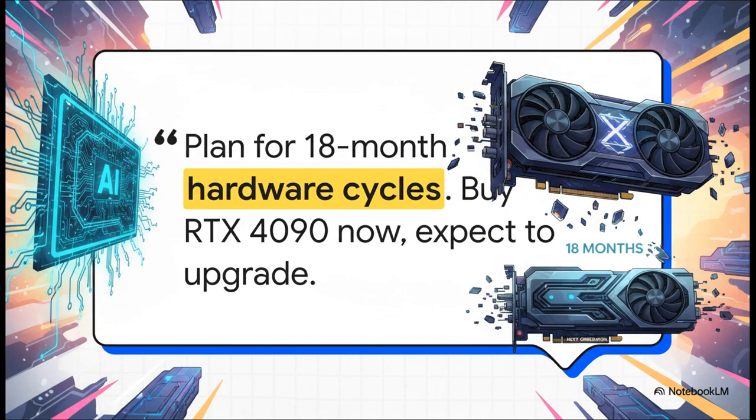Michael Torres, a senior developer advocate at NVIDIA, actually confirms this harsh reality of working on the bleeding edge. While your current RTX 4090 setup is the optimal choice today, he explicitly advises planning for an 18-month hardware cycle. You really need to budget for rapid obsolescence. If you want to run the next generation of models, the hardware you buy today simply will not cut it